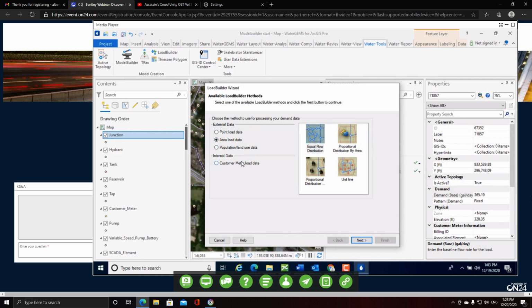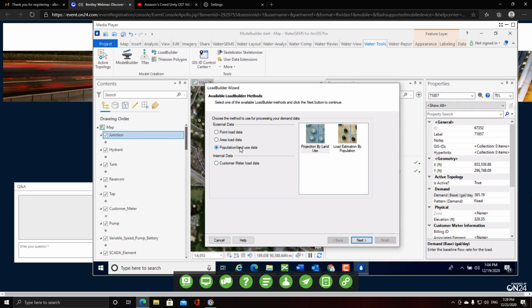We also do some things with area load data. If you know the total flow for a polygon, like a metered area or something like that, then we can divide it up among the different junction nodes within that area. We can divide it up either equally or proportionally by the service areas for the nodes, or population information and unit line methods, so a number of things there. Then we also have, if you have unit demands assigned to polygons, so maybe you've got a planning or zoning map with different land use types with different demands, like how many gallons per day per acre or something like that, some tools that will help you process that data